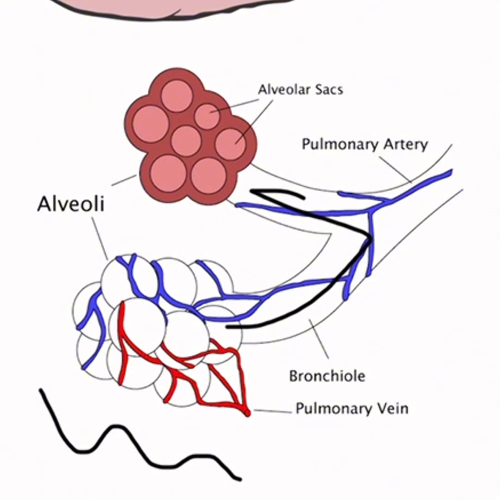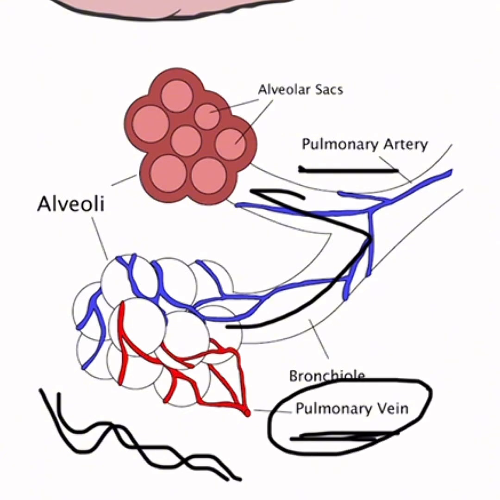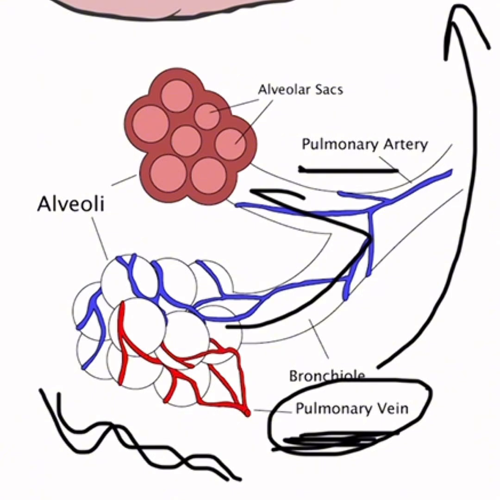Firstly, when we inhale the air, we take the oxygen from the air. This oxygen will enter the alveoli here. As I mentioned before, we have the pulmonary artery and the pulmonary vein. The pulmonary vein takes the oxygen from the alveoli, so now we have blood containing oxygen. Then this pulmonary vein will take this oxygenated blood and transfer it